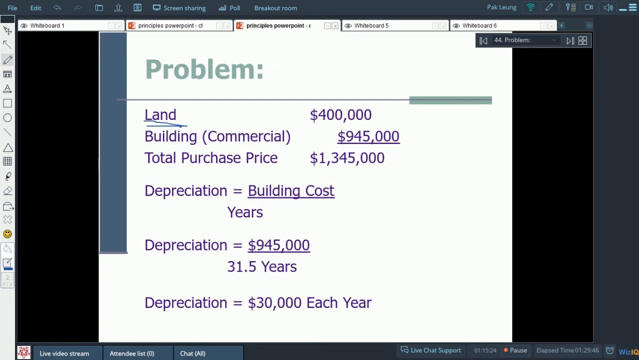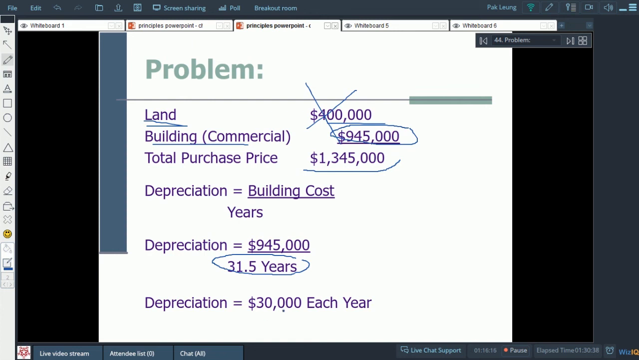The different type of buildings they got different. Some is 31 years. Some is 27 years. 有些他给你31年，有些给你20几年。So let's look at this issue here. 我们看看一个例子。The land is 400,000. 这个地皮是40万。The building itself, 这个房楼是945,000, 94万5。And then the total price is 1.345 million. 总共这个价位是134.45